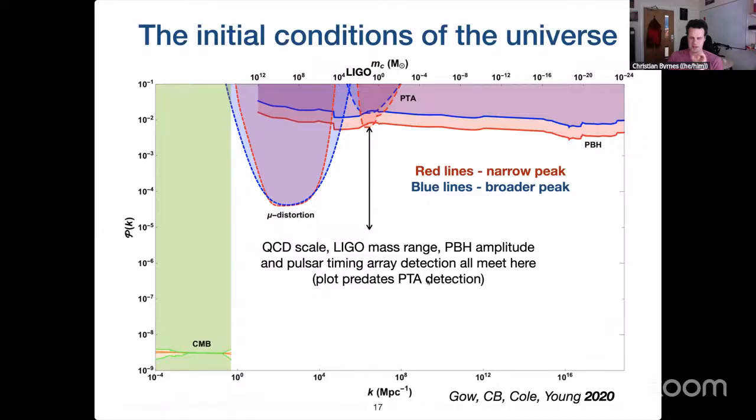This plot was made before the PTA detection, but of course people have revisited this much more carefully since then. The conclusion is, again, that the devil is in the details. It's difficult to reconcile in detail these two values. But also, I would say there are still remaining, certainly not order of magnitude, but order 1, perhaps certainly more than 10% uncertainties in exactly how to map both scale to mass and how to map amplitude or variance of the primordial power spectrum to the primordial black hole number density. So it's challenging, but in my view, not excluded that these two things are seeing the same physical effect.